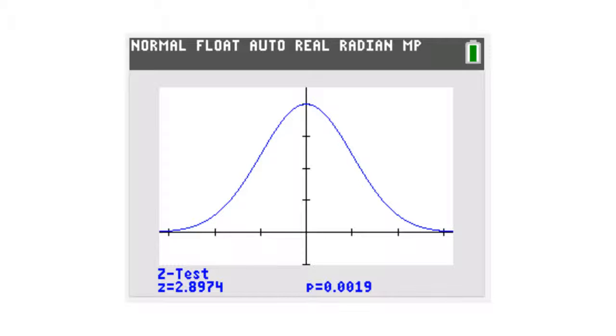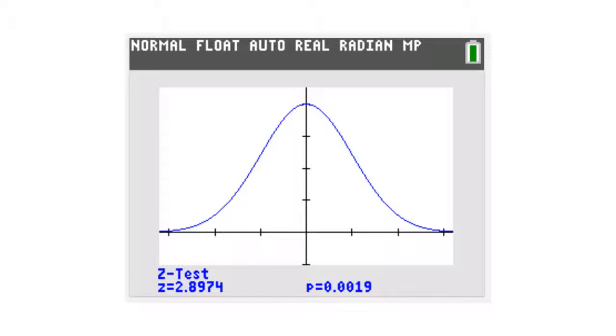If your shaded in area is huge, if you see tons of blue on the screen, then that means, well, yeah, we expected to get those results. That's perfectly normal given the null hypothesis. This is tiny. So there's our p-value, 0.0019. Our test statistic is a z statistic, and it is 2.8974. That tells us that our sample result of 6.4 psi